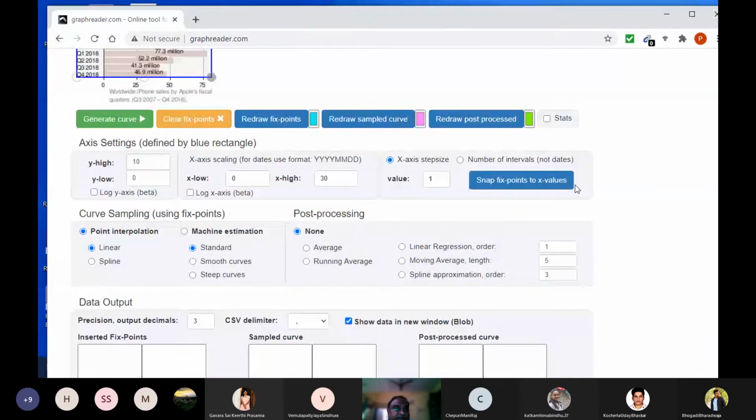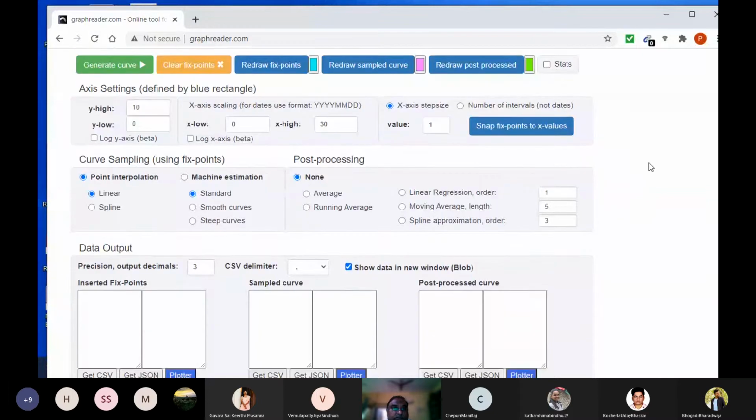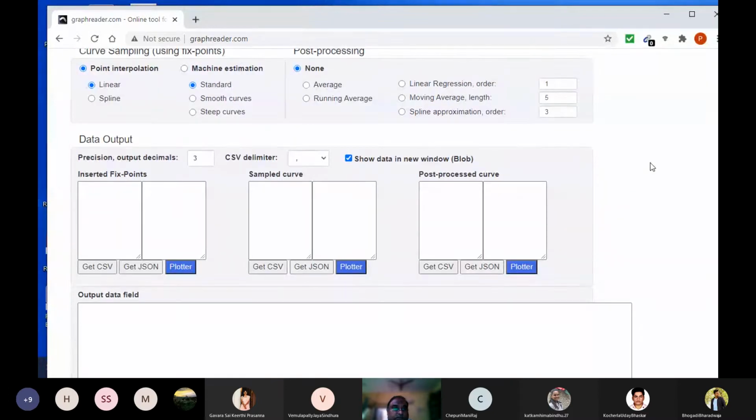Okay, what can we give? Generate curve, redraw fixed points, redraw post processed, stats, data output.